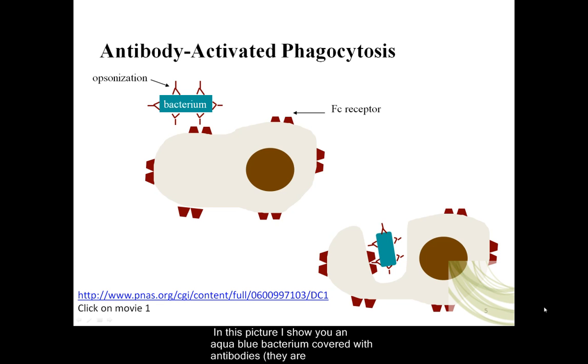In this picture, I show you an aqua blue bacterium covered with antibodies. They are shaped as upside down Ys. When a bacterium is covered with antibodies, the antibody tail can dock to a cell surface receptor found on the neutrophil and macrophage. This is called opsonization, and the advantage to having antibodies that help dock a bacterium to this receptor is that the bacterium is now unable to move away as the macrophage or neutrophil wraps itself around the